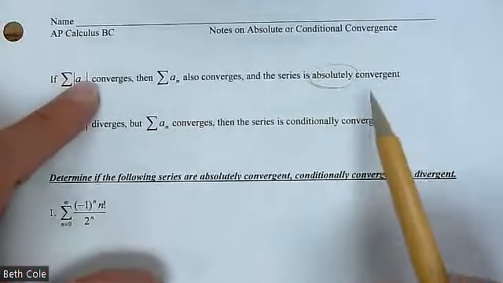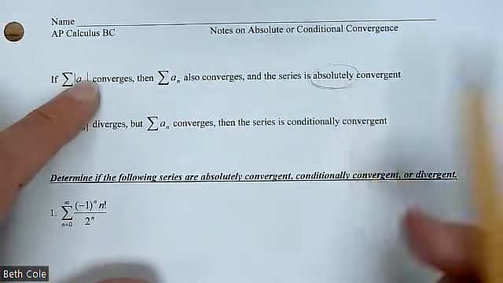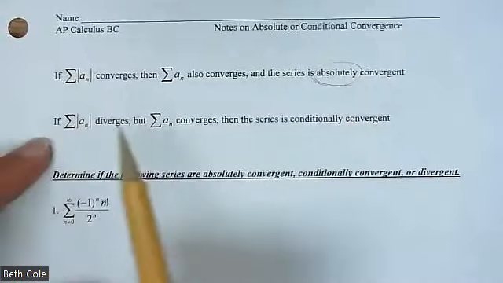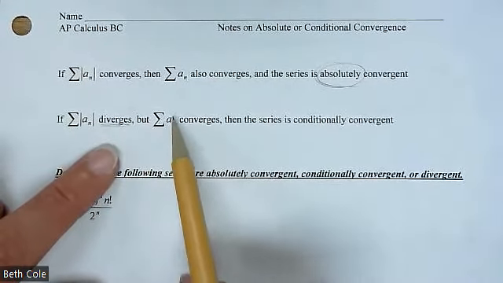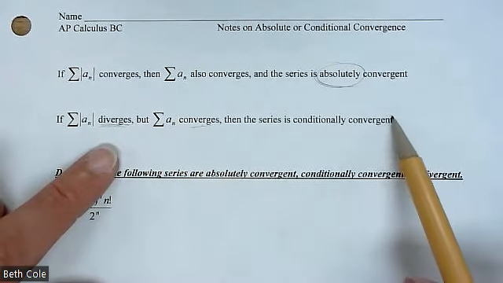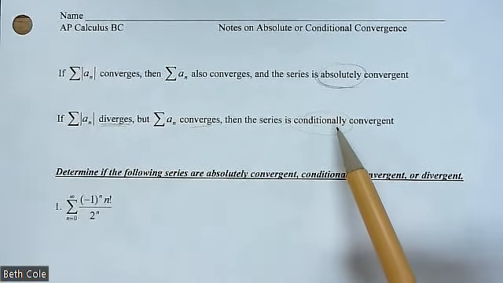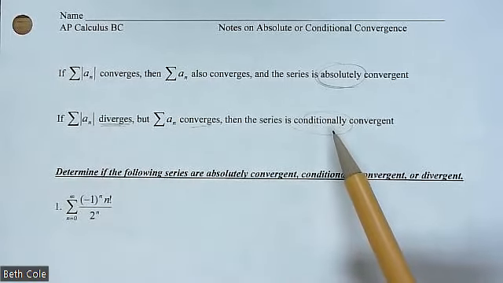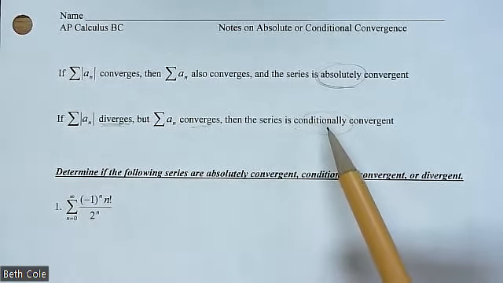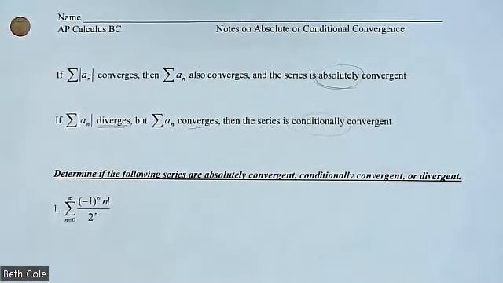So you do the absolute value of it, test that one. If that converges, then you're good. It converges absolutely. Now, if that one diverges, but the regular series converges, then we say it converges conditionally. Okay, so you always test the absolute value first, see what that does, then test the actual series if you need to. There is actually a third option that I didn't put on there, but I made example one do